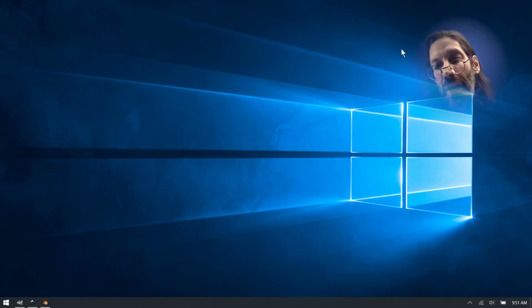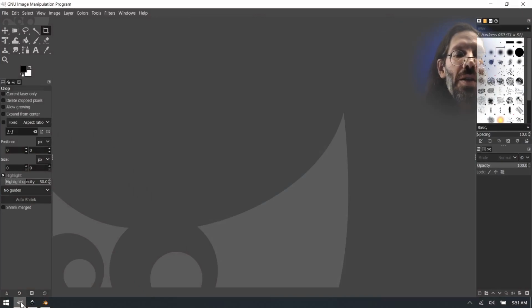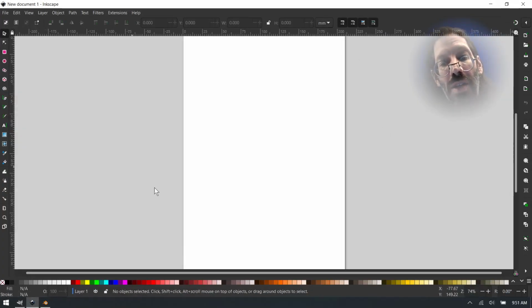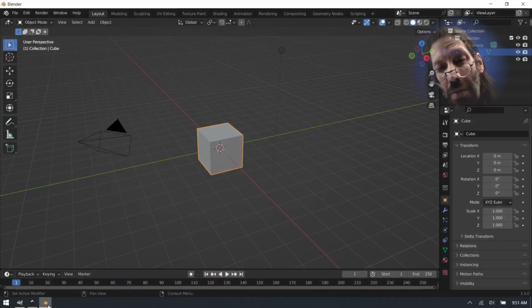People ask me, Mike, why Windows 10? What can you do on Windows 10 that you can't do on Windows 11? So an operating system is really just a shim to let you run apps like GIMP here, the free and open source alternative to Photoshop, Inkscape, likewise the alternative to Illustrator, and Blender, the alternative to 3D Studio Max and